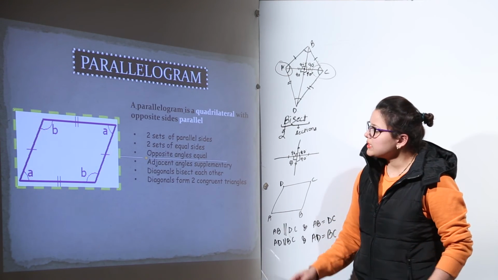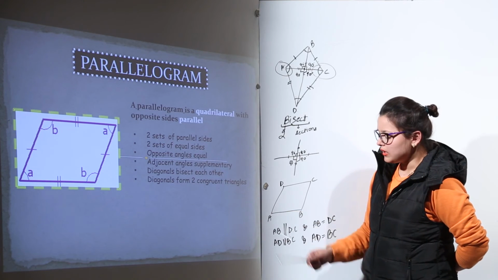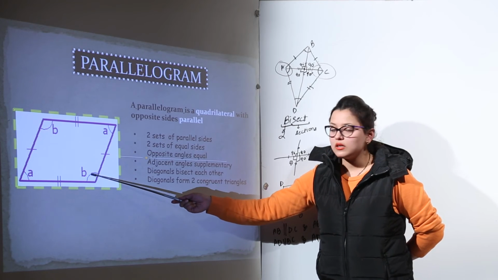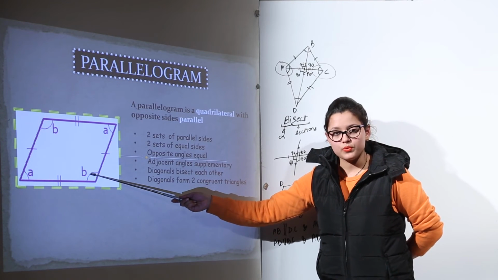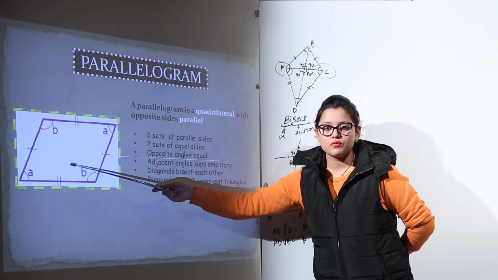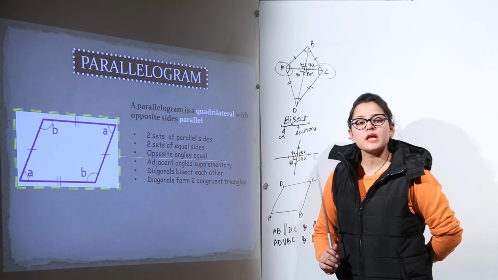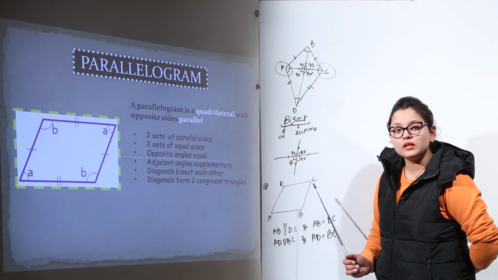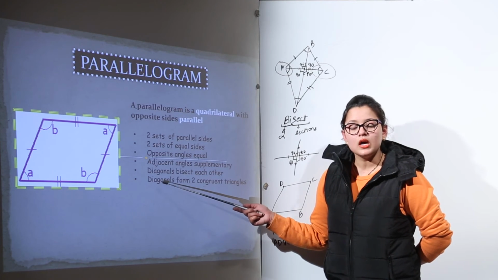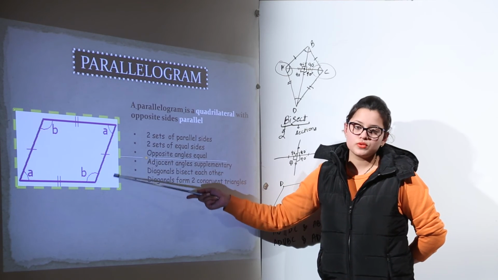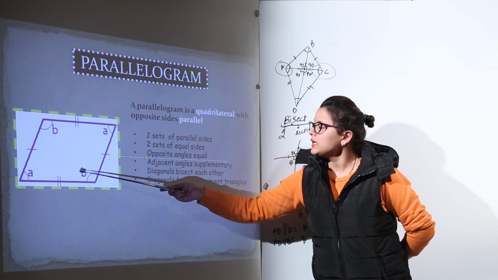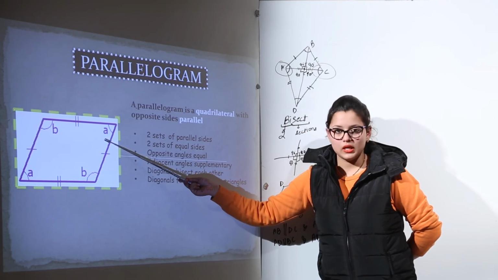Now the next property is that opposite angles are equal. What do you mean by opposite angles? Over here you can see that this angle is opposite to the other angle. So we are saying opposite angles of a quadrilateral. How many opposite angles are possible? There are only 4 angles in total, and out of the 4, 2 will be opposite to each other, right? That makes angle B equal to angle D and angle A equal to angle C.